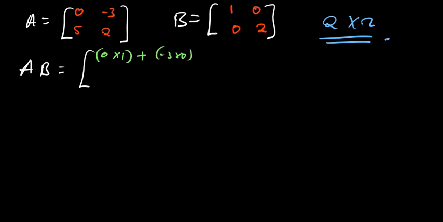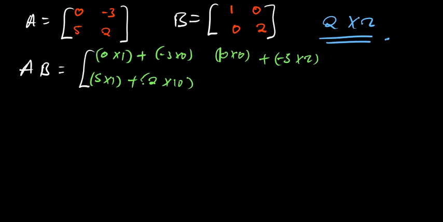Next, I'll jump here and go to the next one. So it's going to be the same things but times this now. So 0 times 0, 0 plus negative 3 times 2, like that. Then again, I'll do the same for this part here. So it will be 5 times 1, then again plus 2 times 0, like that. Next is going to be 5 times 0 plus 2 times 2,